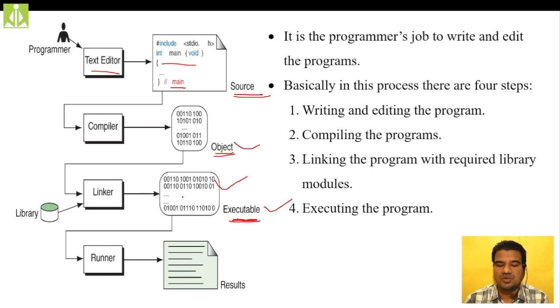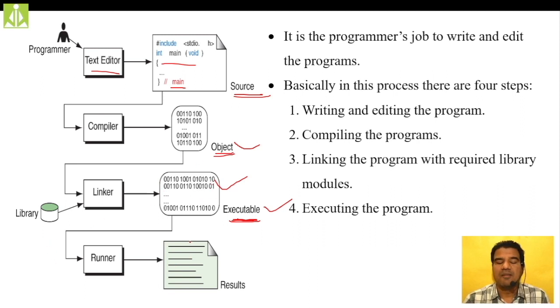So what we have to do, this object code, this machine code, this executable code, this source code, where we are storing all these things means on your secondary storage only. We are saving these things permanently on your secondary storage, on non-volatile memory devices. So once you want to execute this executable code, what you have to do, you have to bring